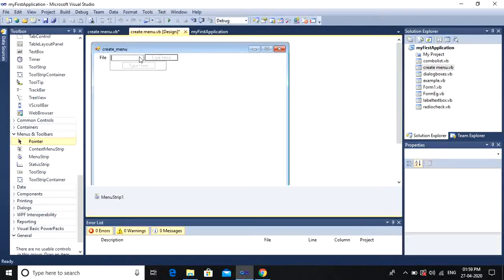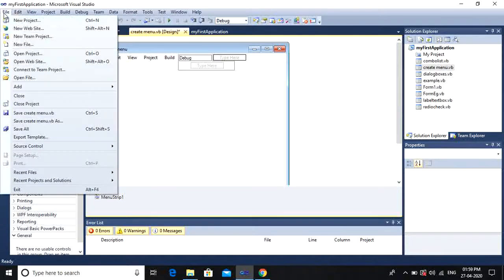Then next in the same level there is edit, then view, then project, build, debug, and so on. And when I click the file, then there's a list of submenu like new